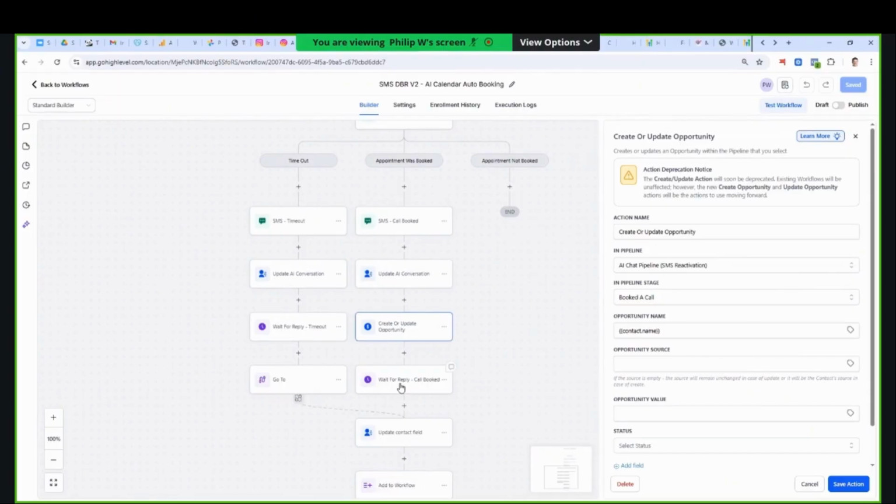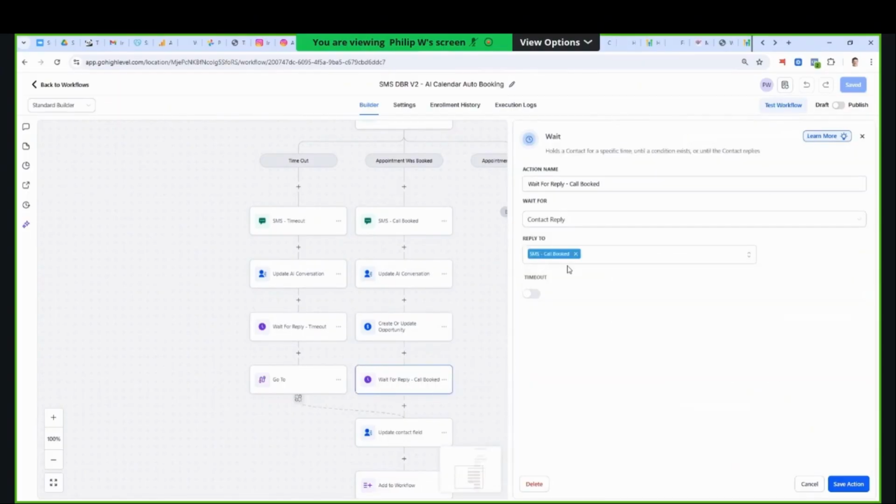Now, some people may just not reply to this message, which is fine, because they've just been sent a message that says, you're going to receive an email confirmation, congratulations on booking your call. They may not reply. That's fine. So they will never move past this step because there's no timeout on this. Okay. This one where they haven't booked,